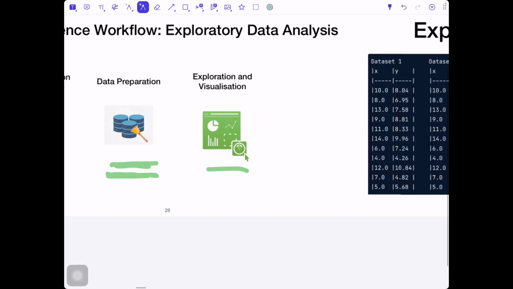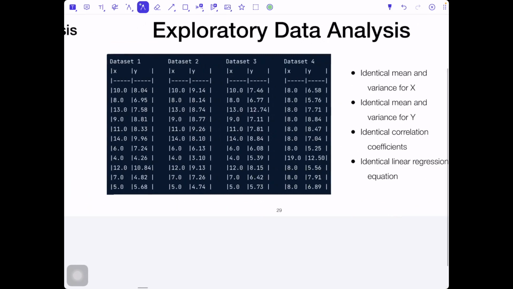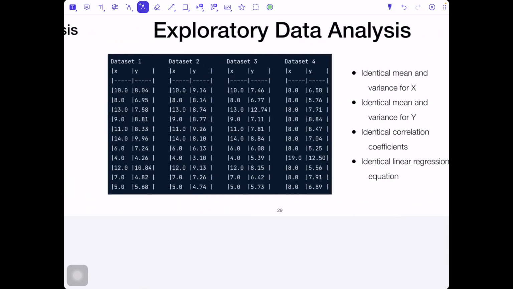So the first thing we can do with the data is apply some statistics. This is actually what we will also do in these lectures. Assume we have these 4 data sets: data sets 1, 2, 3, and 4. And every data set consists of 2 features, feature X and feature Y.